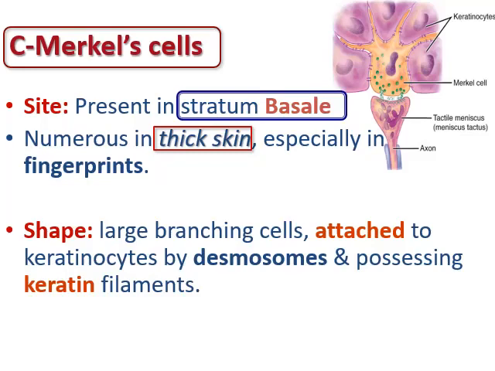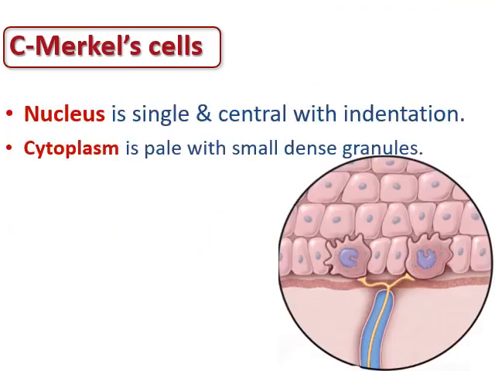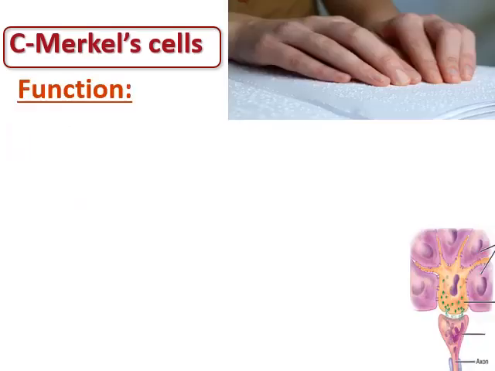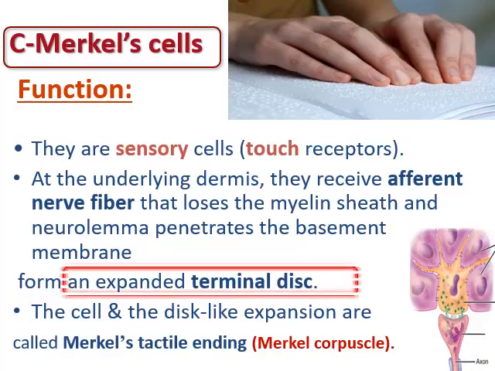By light microscope, its shape is a branching cell attaching to the neighboring keratinocytes by desmosomes, as we see here. Merkel cell acts as a mechanoreceptor. It is responsible for the touch sensation. They are sensory or touch receptors. In the underlying dermis, they receive afferent nerves,